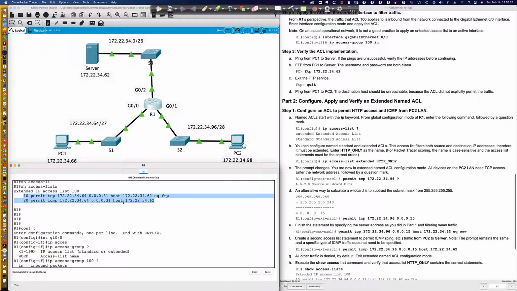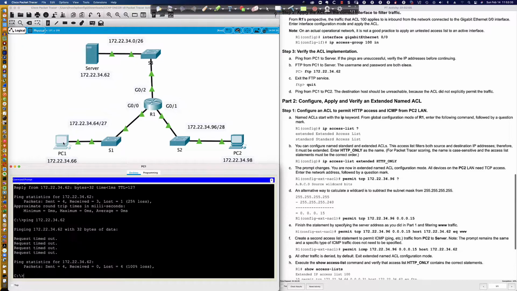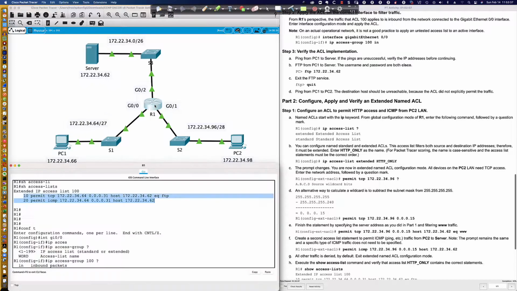And that's all traffic being examined, right? So the reason it's not matching and the reason that we can't ping anymore is because the return traffic here, when it gets to that interface, that gig 0/0 interface right there, it wants to come out this way, but the router says,